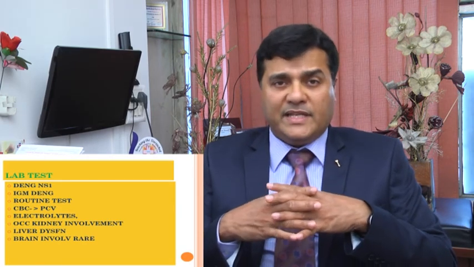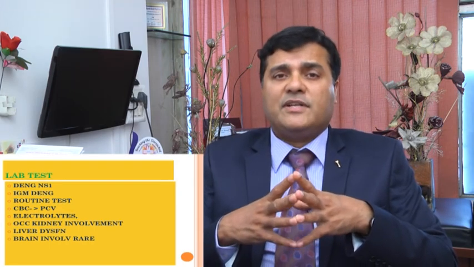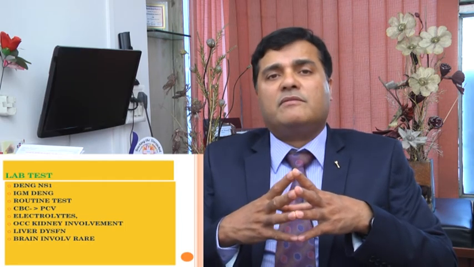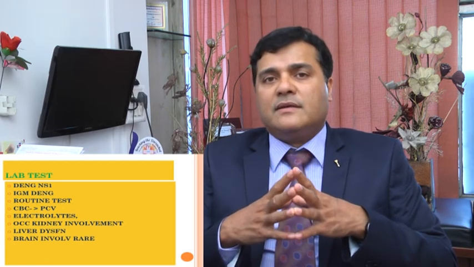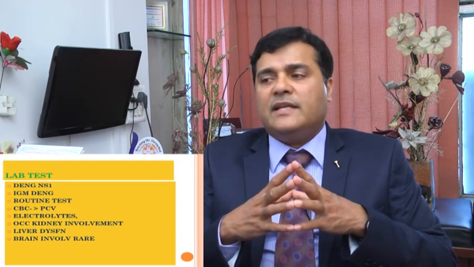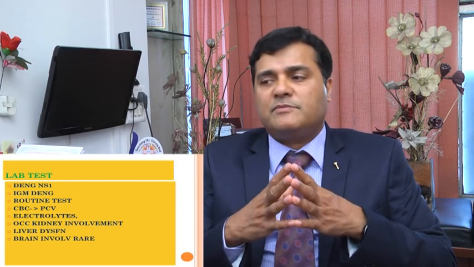The WBC count can become normal or low in dengue, and the platelet count will become low in dengue, and as the fever progresses, the platelet count keeps going down and it may reach as low as 3,000, 5,000 or 10,000, during which time the risk of spontaneous bleeding becomes very high, and the therapy involves transfusion of platelet concentrate. And other routine tests done in dengue fever are electrolytes, the renal profile, and the liver profile, which is deranged because of infection. However, encephalitis or brain involvement is very rare.